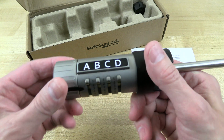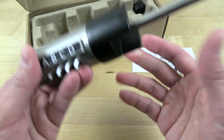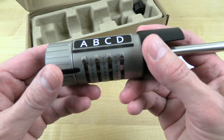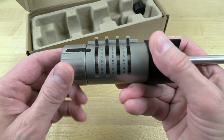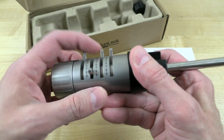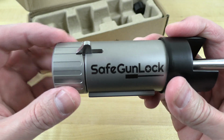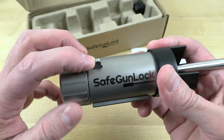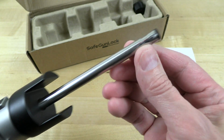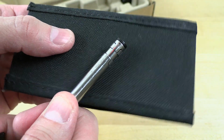This is a very well designed lock. I cannot fault the engineering of this thing. And it's heavy too. This weighs more than a little airweight Smith & Wesson snub nose. But anyway, how this works is you've got A, B, C, D. You've got 4 levers here. You set the combination. I just said it was 1, 8, 9, 7. You set the levers, and then you are free to push this lever back, and you can rotate the knob. When you rotate the knob, you are drawing back a set of little extending pieces. I want to show you these extending pieces